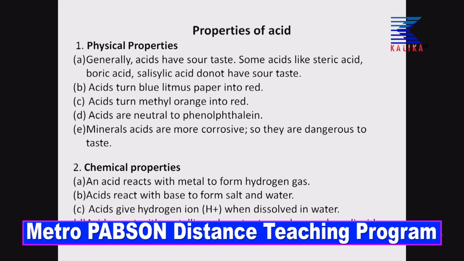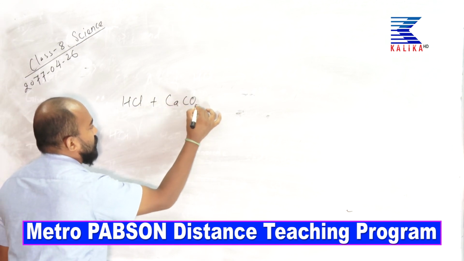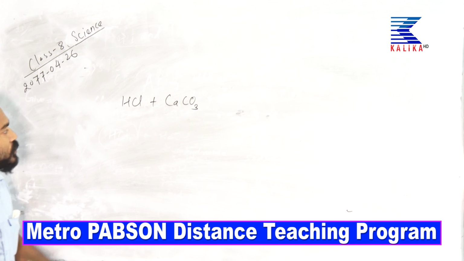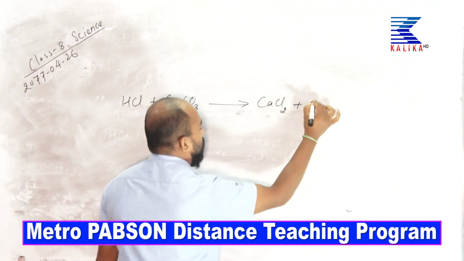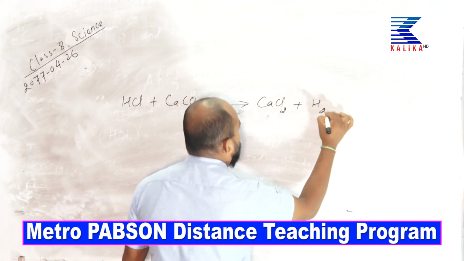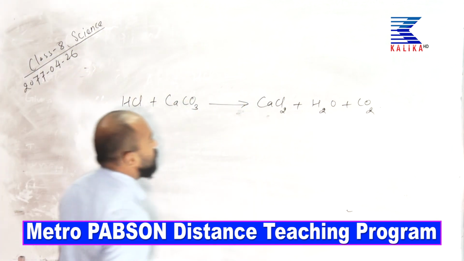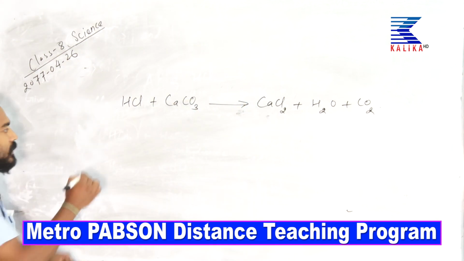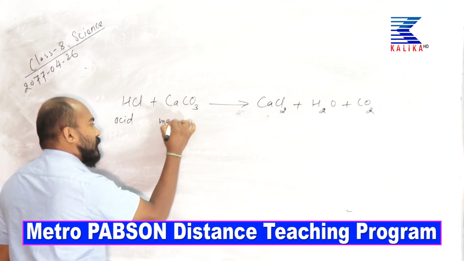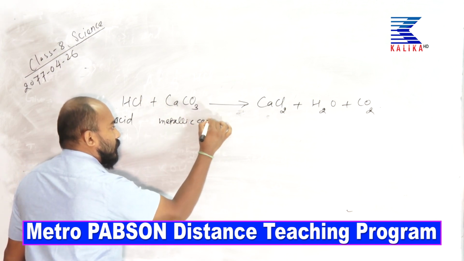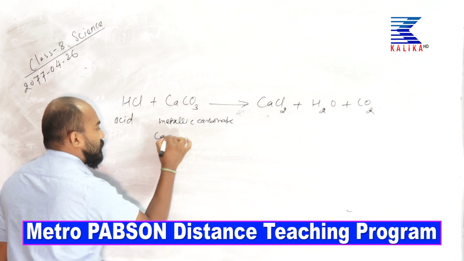Let us see, this is our last chemical reaction: HCl plus metallic carbonate, calcium carbonate, limestone, forms calcium chloride, then water plus carbon dioxide. See, HCl is the acid, this is limestone, we may say metallic carbonate, its name is calcium carbonate,